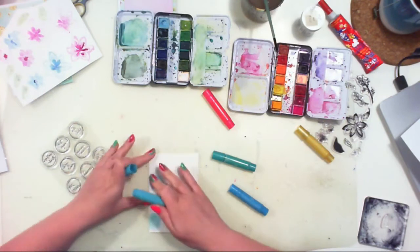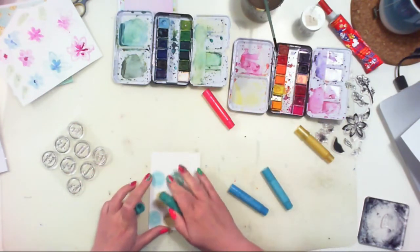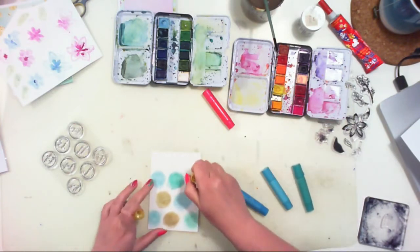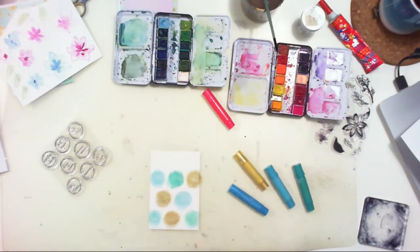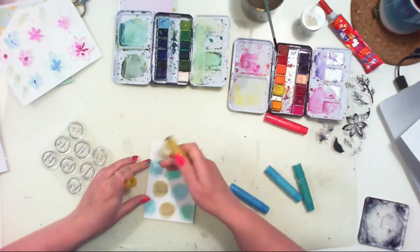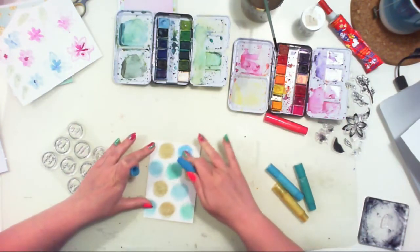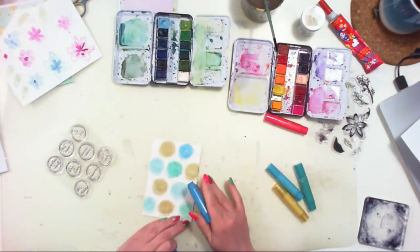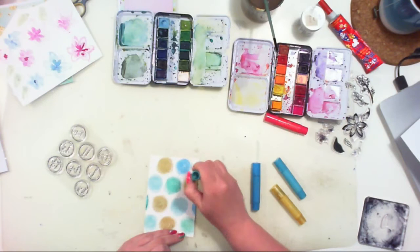I will stamp over these circles, and I will create some kind of multiple wishes for the birthday, because those are mostly birthday related stamps in the set. So here is the happy birthday, hooray, and good time, and many other similar words that fit to the birthday